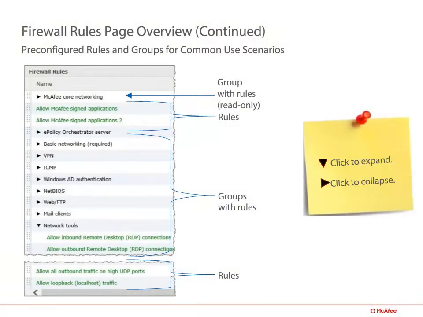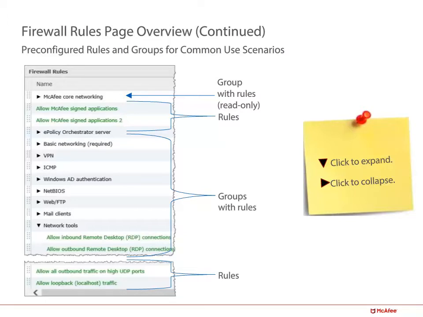When you're looking at the pre-configured rules and groups that we have configured within these policies, you'll notice you have these little arrows. When you click on the arrows, you can collapse or expand to see what is the particular rule set that's within that rule group. Notice we have read-only groups like the McAfee Core Networking that we want to make sure that you do have those rules set